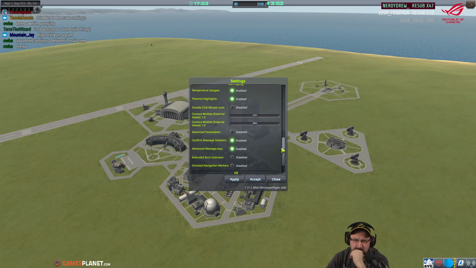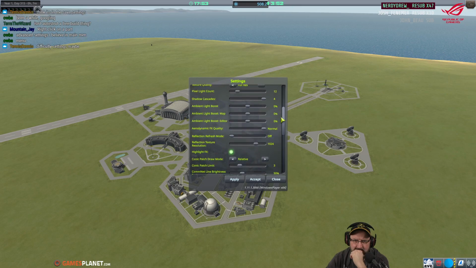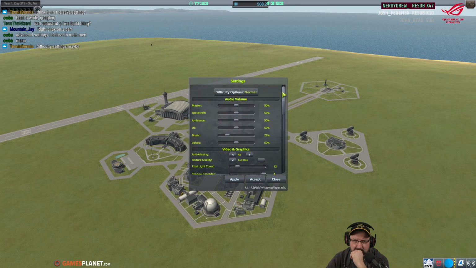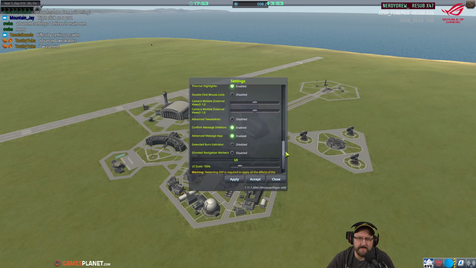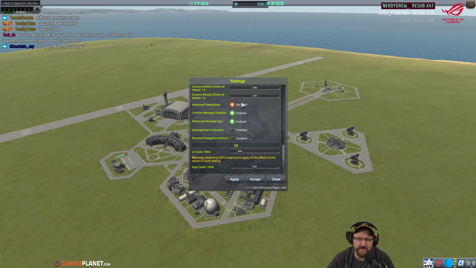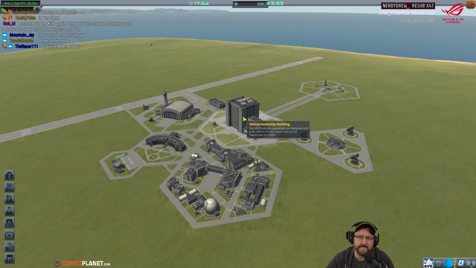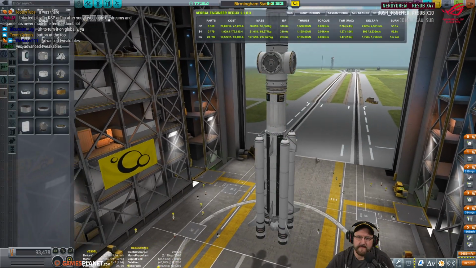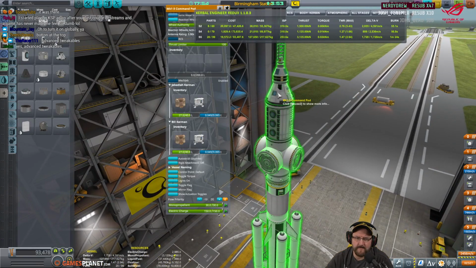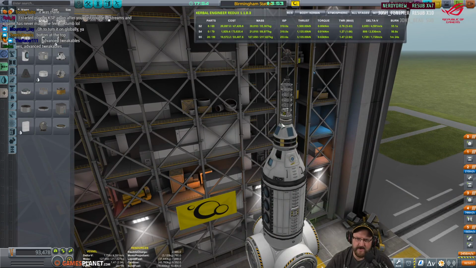Is it in here? Difficulty settings. Advanced tweakables enabled. Auto strut. So what do... Okay, so now we've got that turned on. So what do I need to...